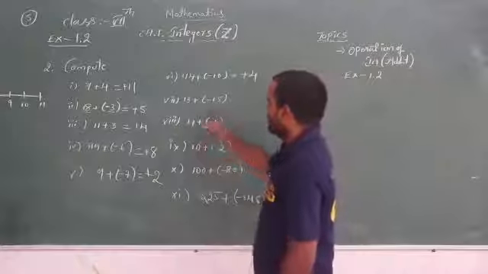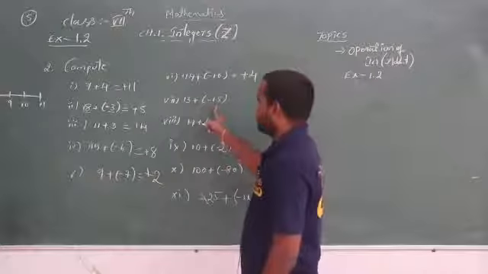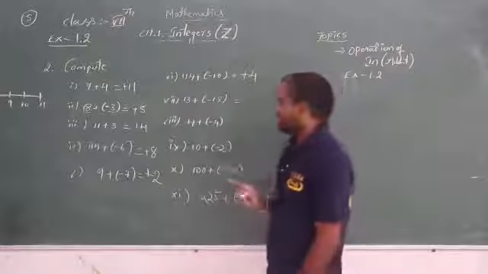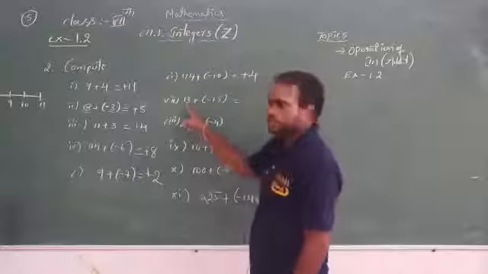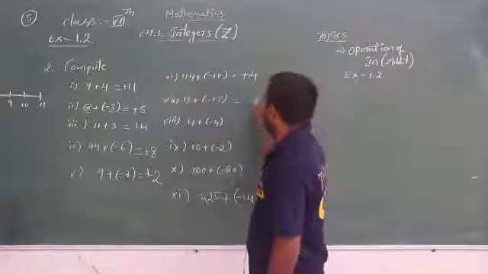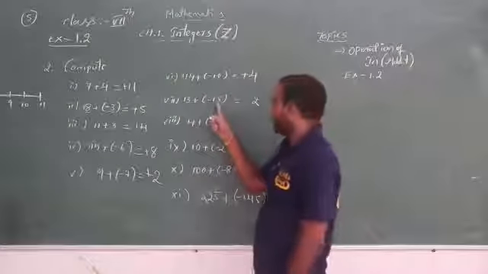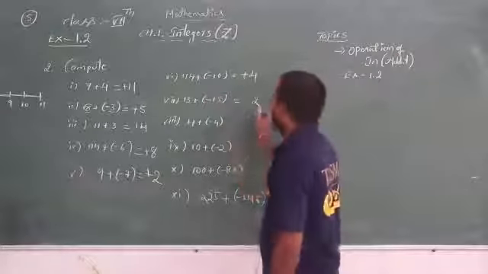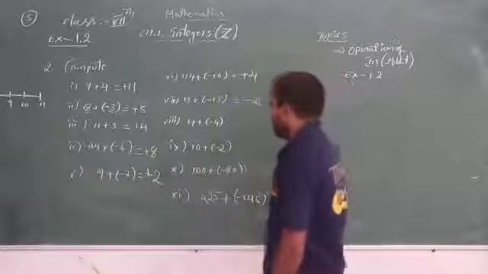So what about the next one? Now see, we are adding the same positive with the negative. So what you have to do? First you have to subtract the smaller from the larger. Okay. So it means 15 minus 13 you should do. So 15 minus 13, how much is it? 2. And which number is greater here? 13 or 15? So 15 is greater. And which sign will it have? Minus it will have. So the answer is what? Minus 2.